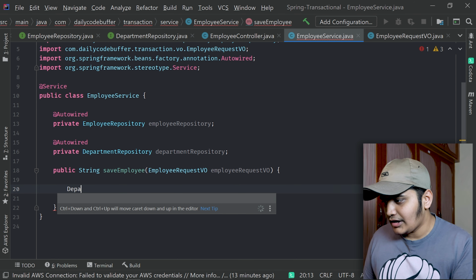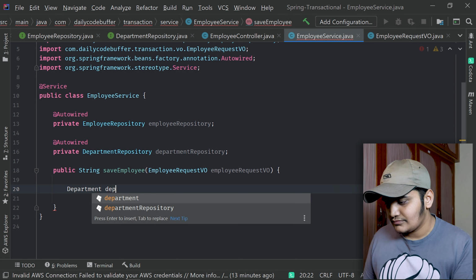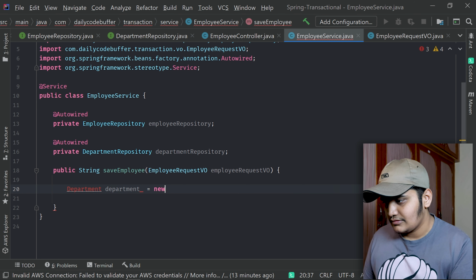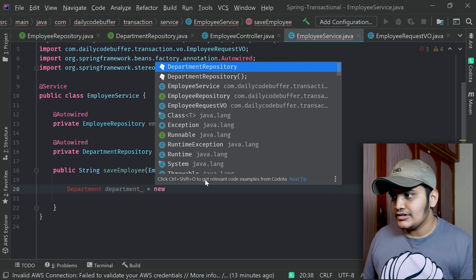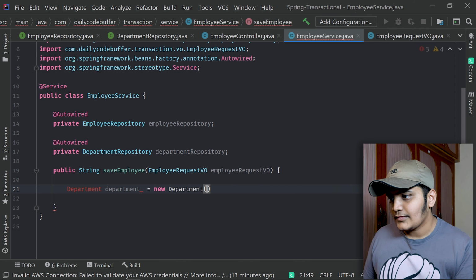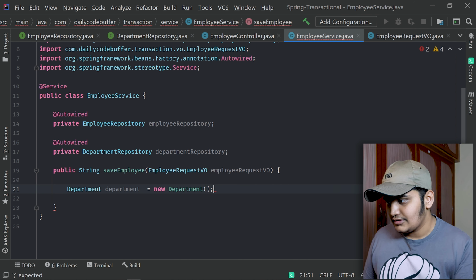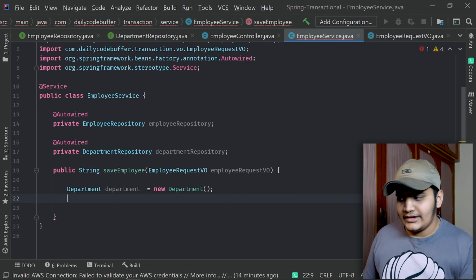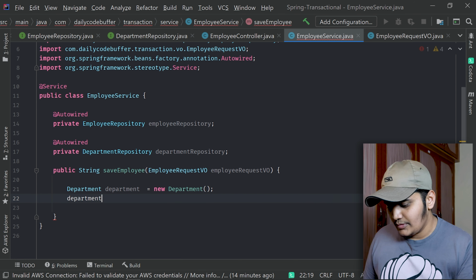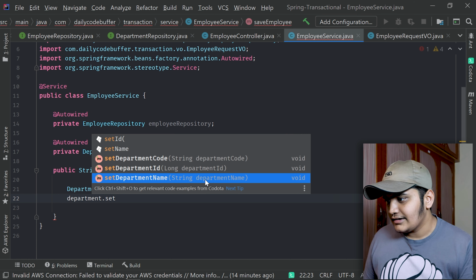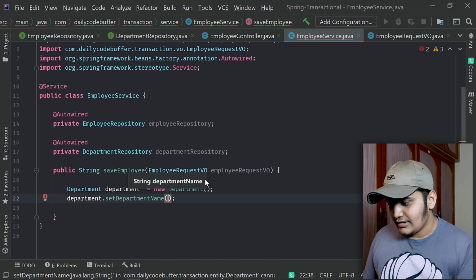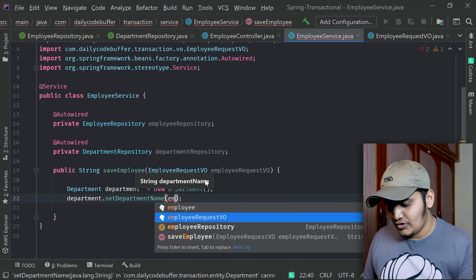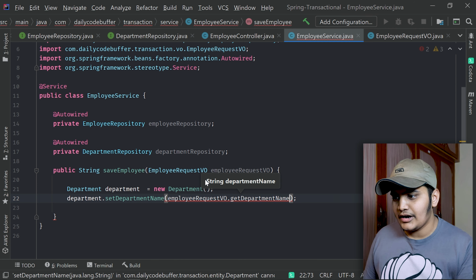So we'll create the department object equals new Department, and we need to add the information. Okay, so department.setDepartmentName, and here employeeRequestVO.getDepartmentName.